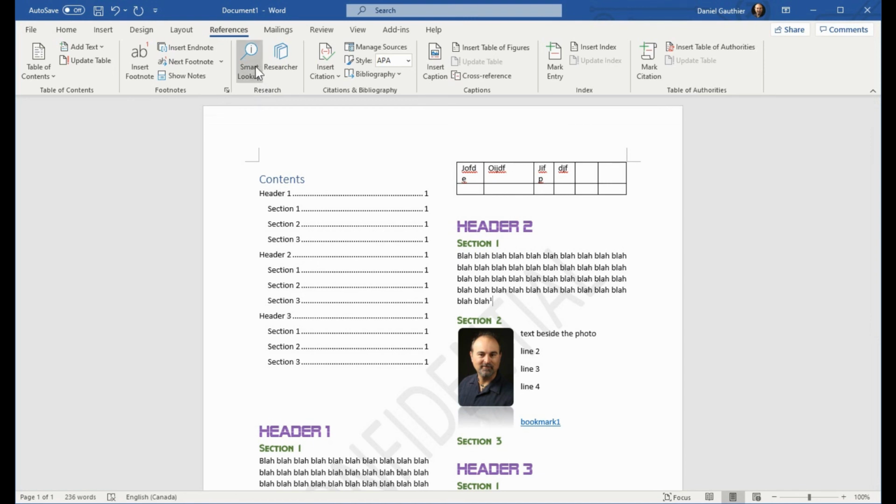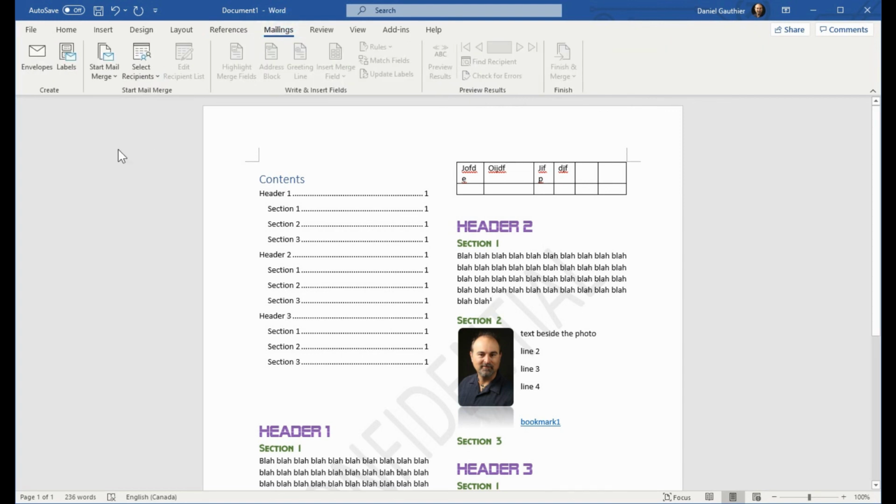When you're doing research, it can do a smart lookup, selecting text that you have, and it can search based on that, and other quotes and citable sources, images, all online based on what you select, and tell it to search automatically for you. You can insert citations right from here, manage the sources where you want it to search, and a whole bunch of other options in here.